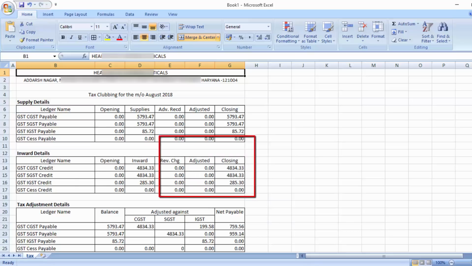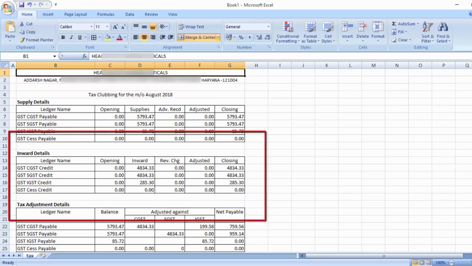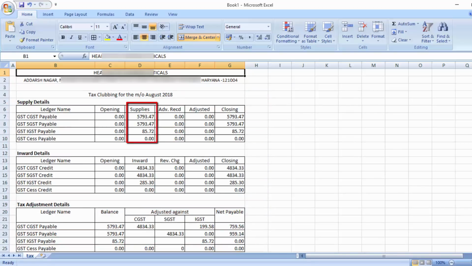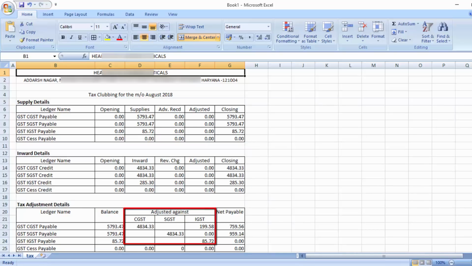Now you can do the clubbing of the software's outward and inward. In tax adjustment details, your outward, meaning the sale part, is shown here in the balance field under CGST, SGST and IGST. You can see the inward part, meaning purchases, in this adjusted against field.